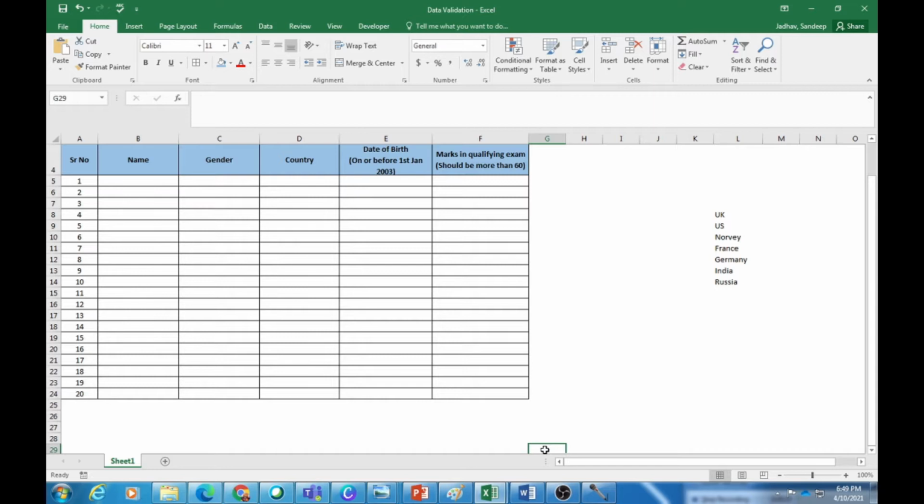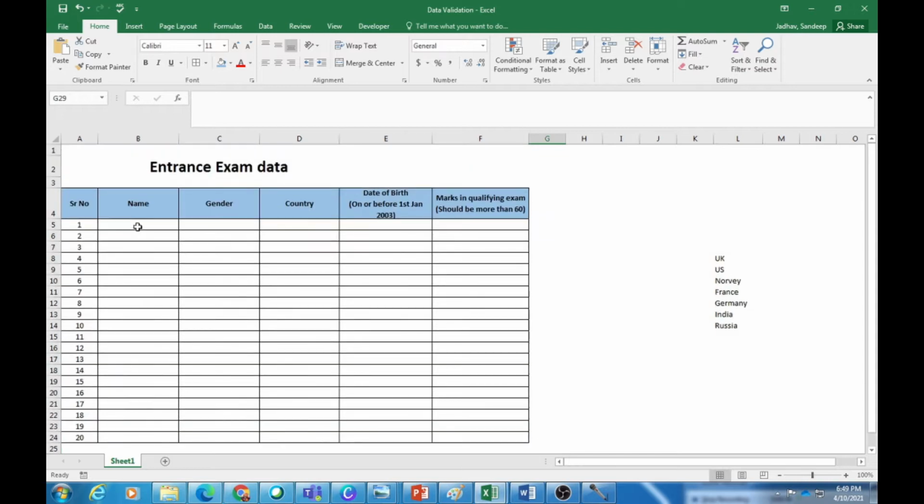Whenever we ask our team members to fill up the data in a shared file, we may come across a situation where they are filling in data which is invalid or incorrect. They might make a lot of mistakes in filling up the data. So when we analyze the data, it becomes very difficult for us. What we are going to learn here today is how to put a validation in data, how to put restrictions, and, more importantly, how to create a drop down in an Excel sheet.